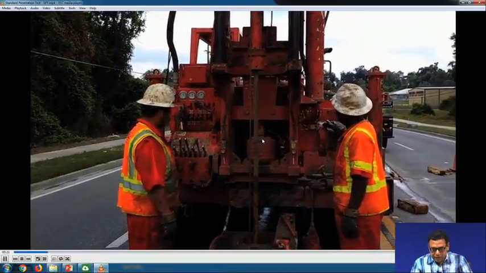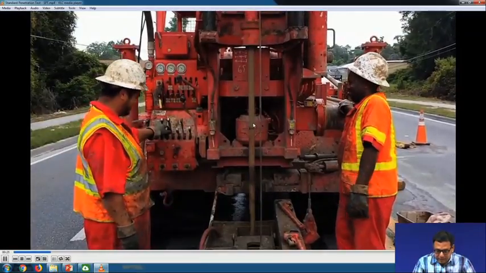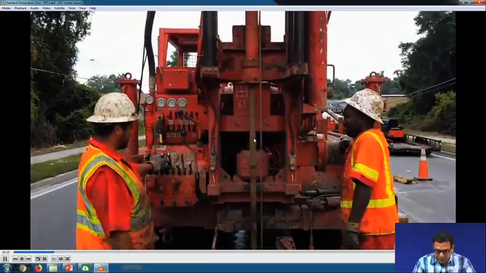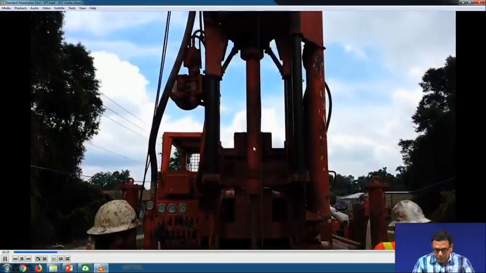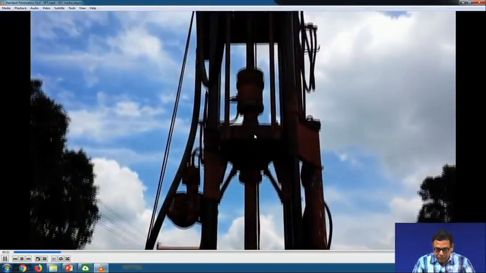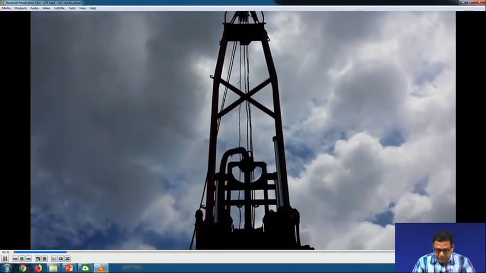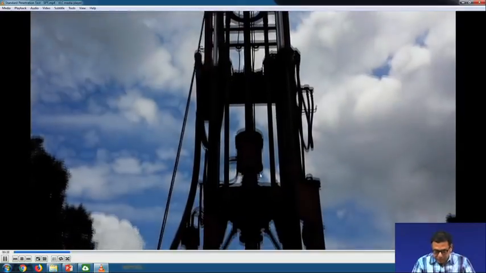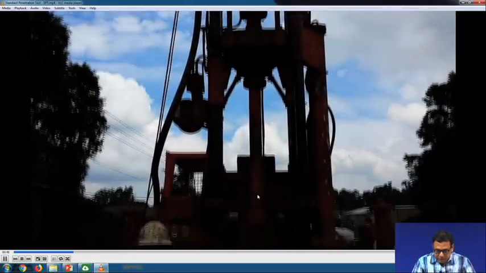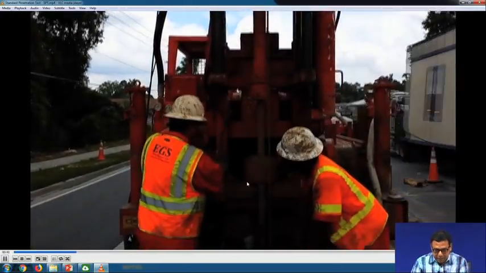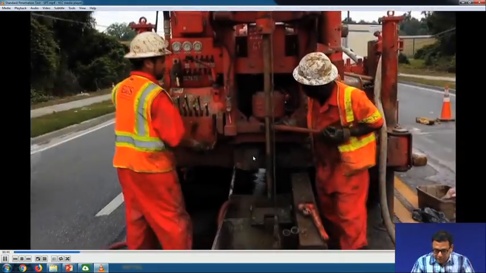So, as I mentioned, you can increase the depth, or the height of the drill rod, by adding one rod on top of another. So, you can go up to the required depth. This is the tripod kind of thing which is used for the penetration purpose. And this is the drill rod.